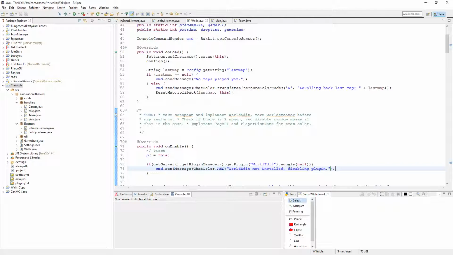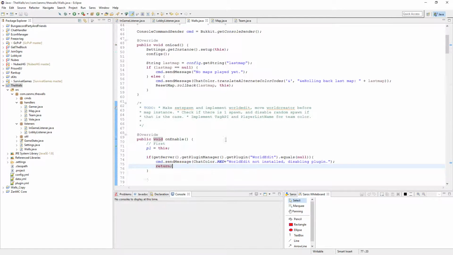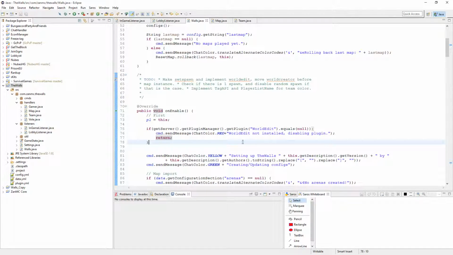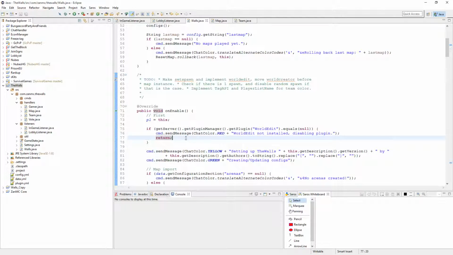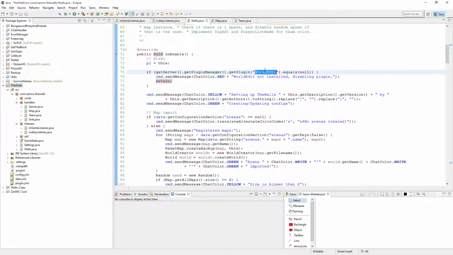Can we disable? I'm wondering, do we just return? Can we just return and stop the whole thing? We'll find out. So if WorldEdit is not found,